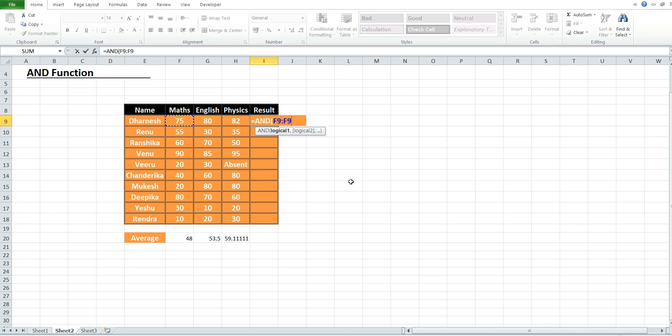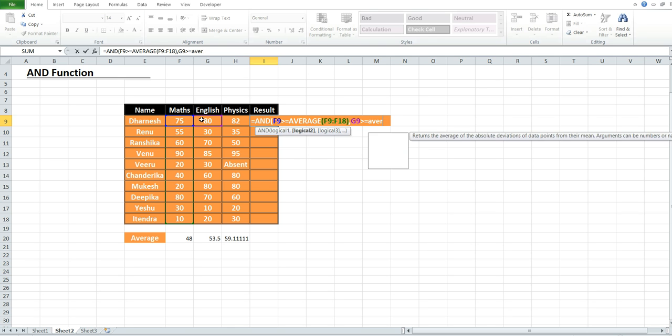So greater than or equal to, going to use the average function here. Select the criteria, close parenthesis, comma, select the English number, greater than or equal to average.